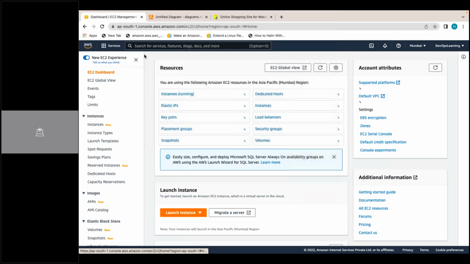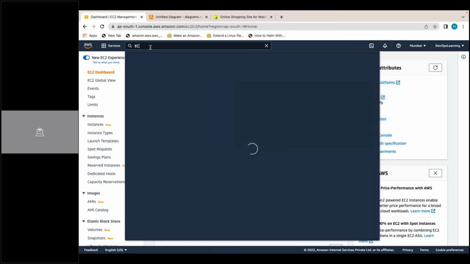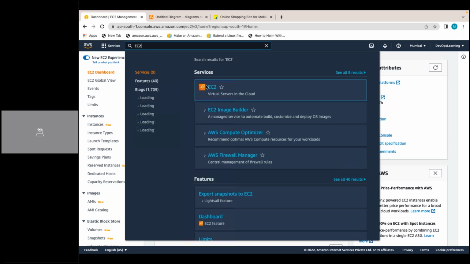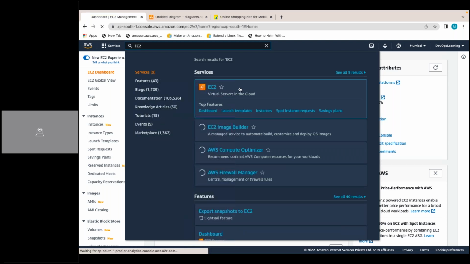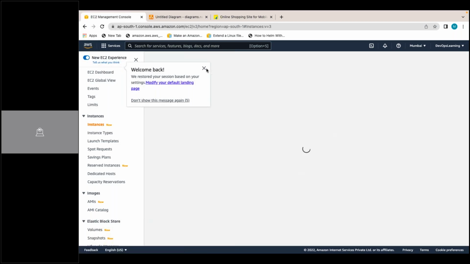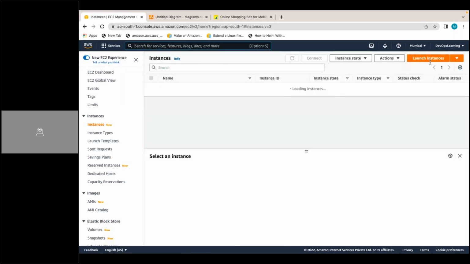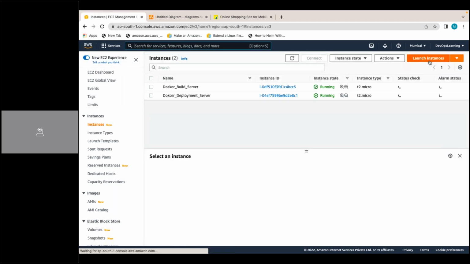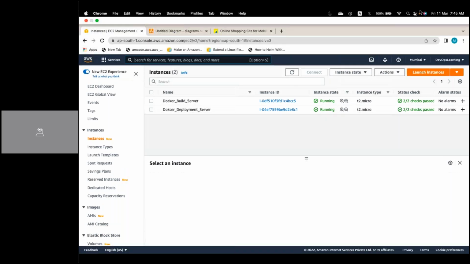Now, the EC2 dashboard, or here also I can search EC2. So this EC2 is nothing but a virtual server in the cloud. It's a virtual machine in the cloud. I can create a server here. So this one, what can I call it? Whatever I see here, we call it the console, AWS console, AWS GUI,